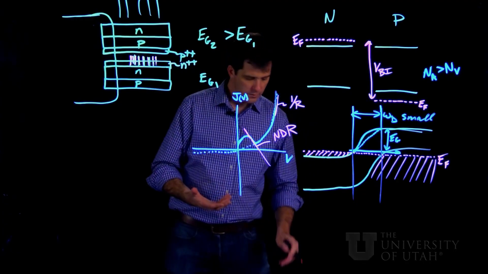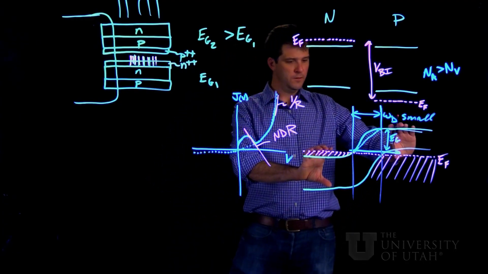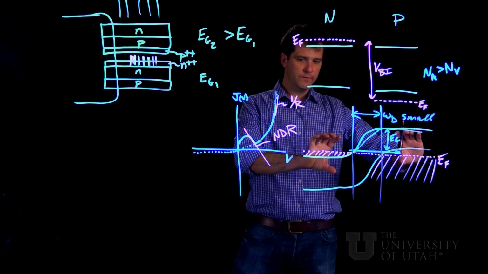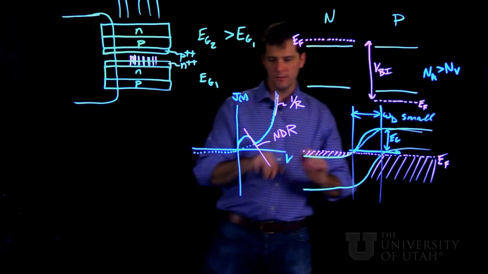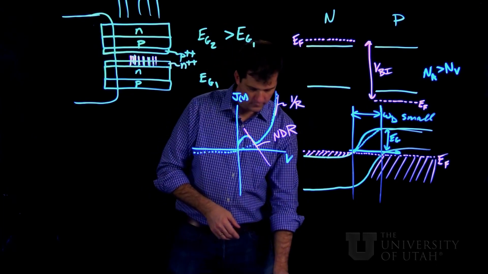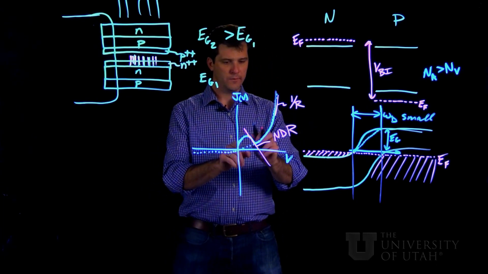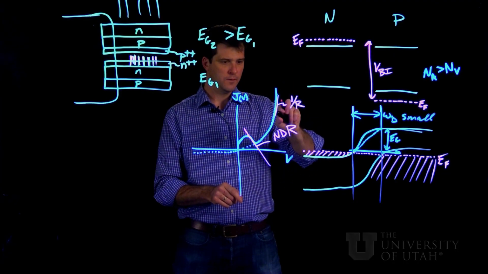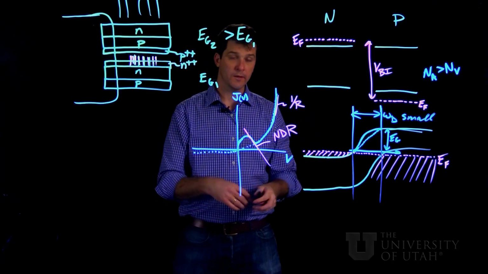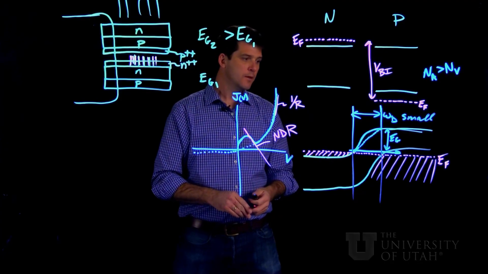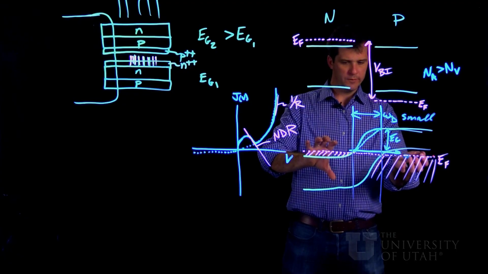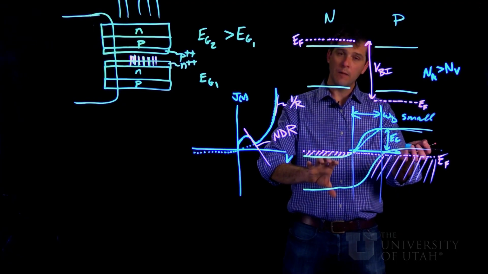So the total current, as you add more and more forward bias, eventually you pick up again with your diffusion current and you join that curve. So the total current in forward bias has to look like this, a little hump, and then the regular exponential increase. Now in reverse bias, if we keep reverse biasing this, well, the overlap between these bands